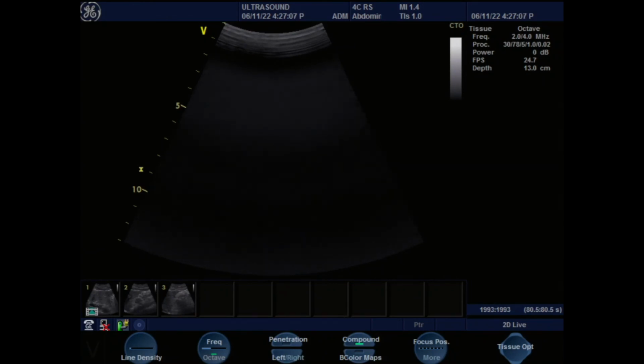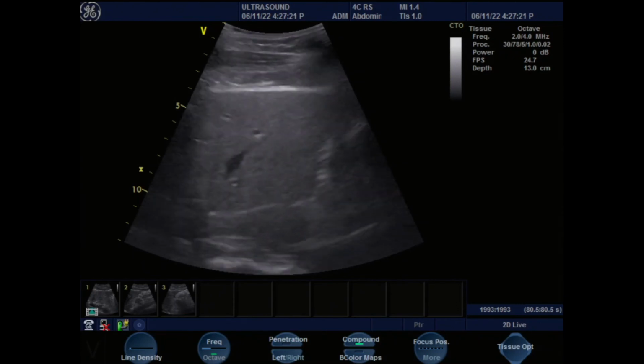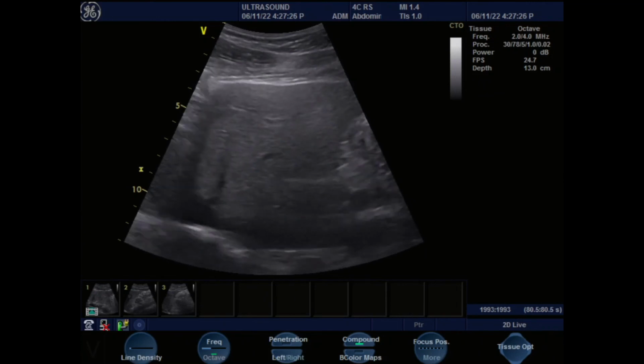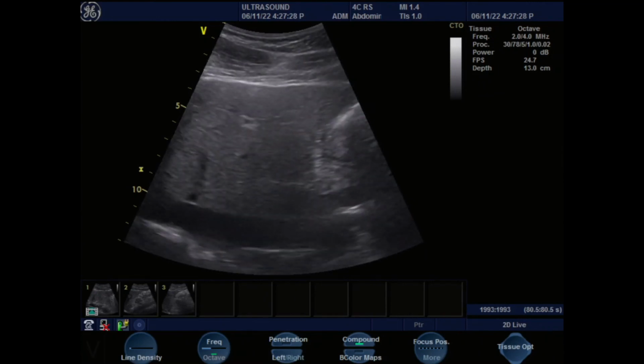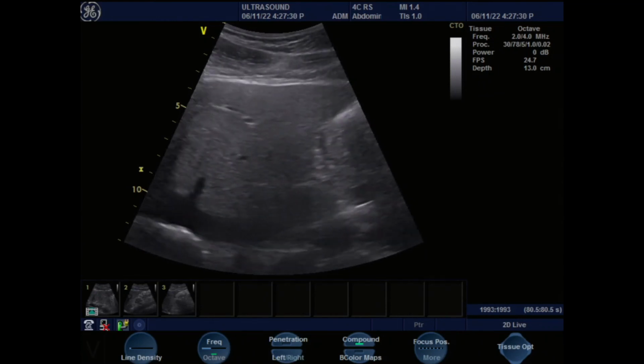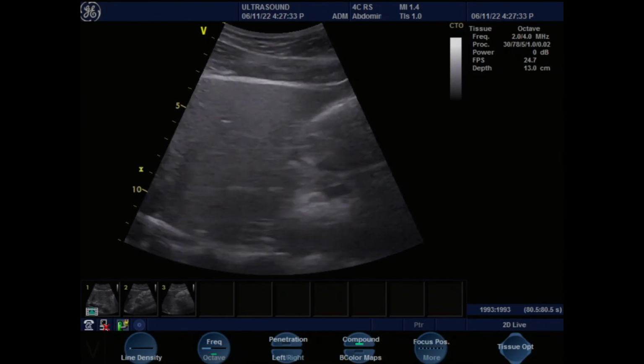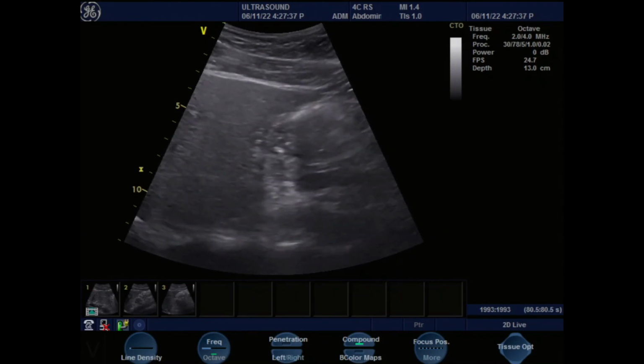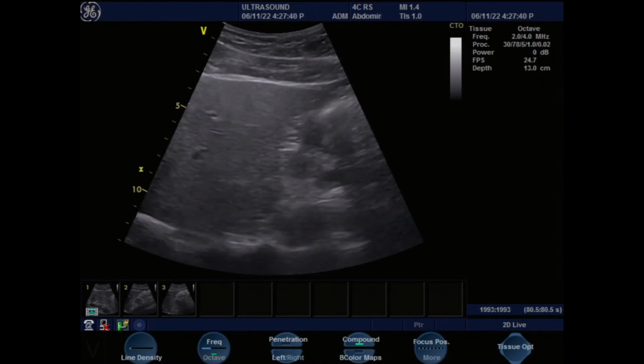Cool. From the right upper quadrant would be up here, so this is how it's like. Right there. Yeah, so we're scanning the pancreas, we're going to get the gastric area here. Okay. So this is a sagittal image. And then you see a beautiful liver with the IVC, look at that coming, so that's the left lobe of the liver and the IVC. We're not interested in that, we want to move down here, that's the head of the pancreas. So if you hold this pressure, I'm going to let go, press a little bit more, and I'll show